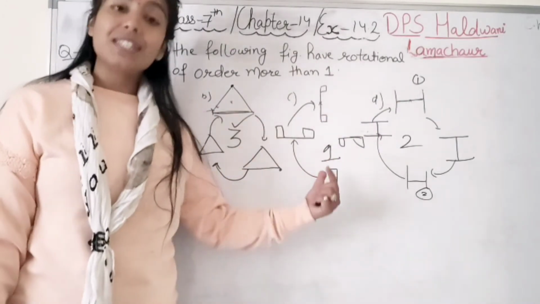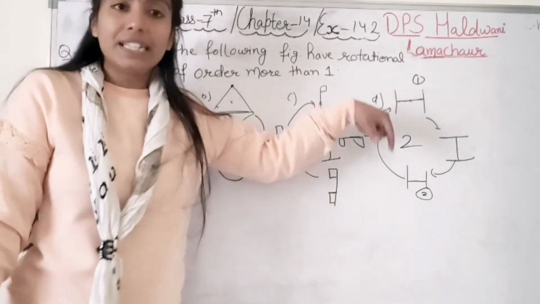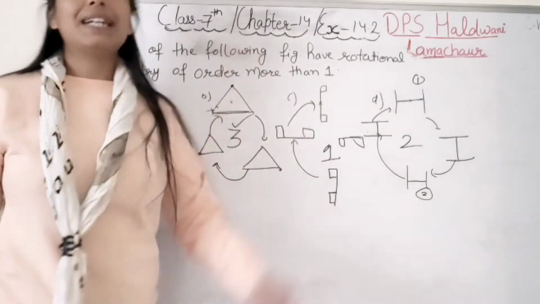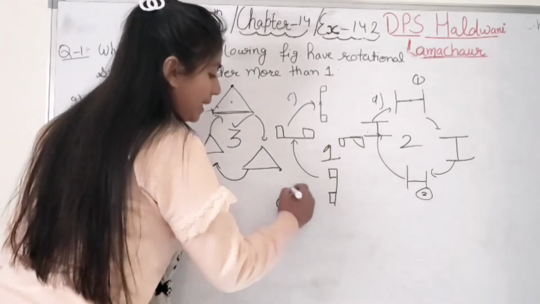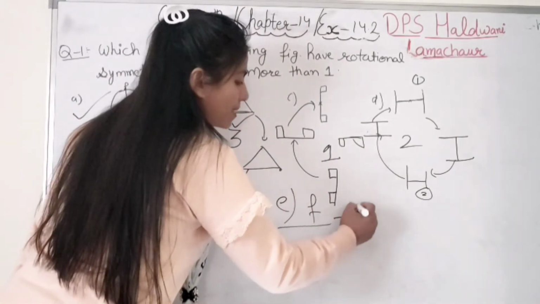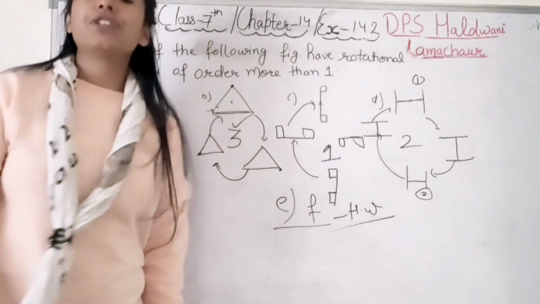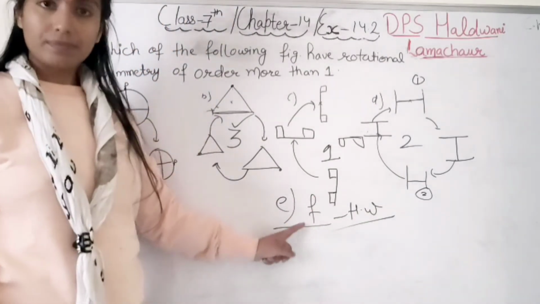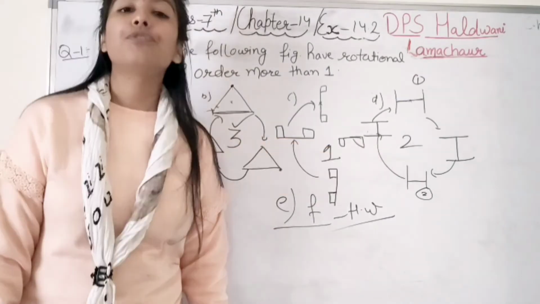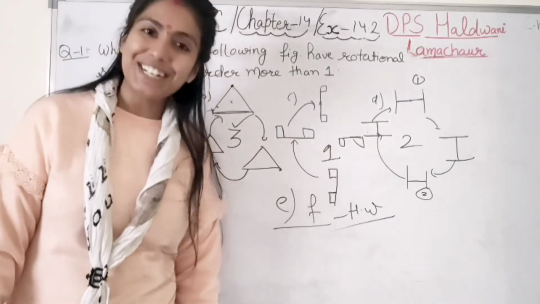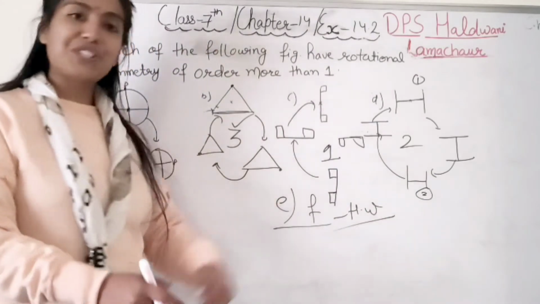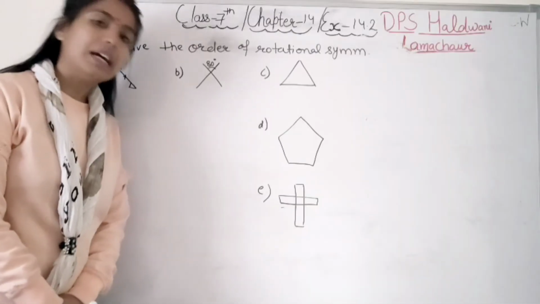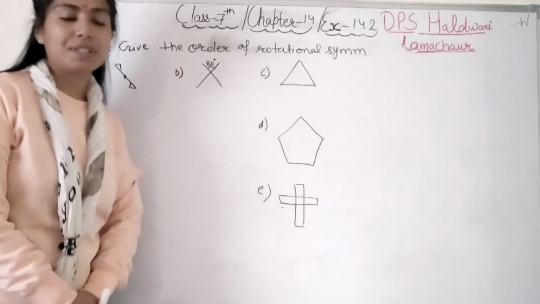Got it, student? So this is only your understanding of how you are rotating the figure and getting the same figure. Right? So these 4 parts I have done. 2 more parts are there, E and F. So these parts are homework for you. You solve this question on your own in your notebook, and you will make the figures also. At 90 degrees, what figure forms? Right, student? So this was about question number 1. Coming to our next question, to our question number 2, student. Again we have to tell the order of rotational symmetry.